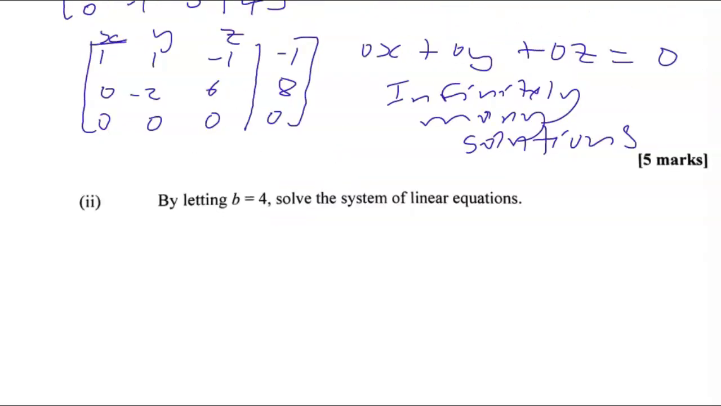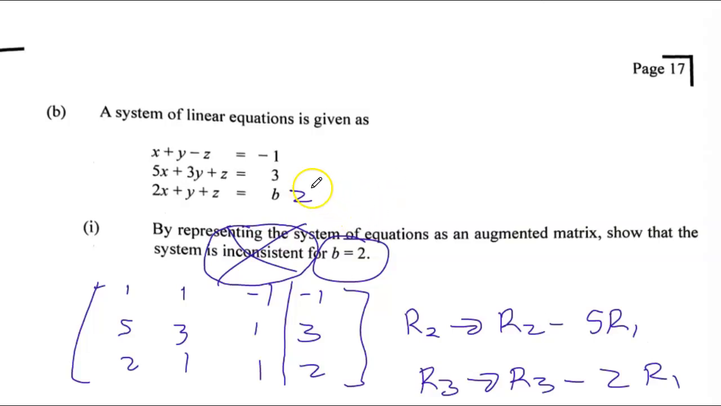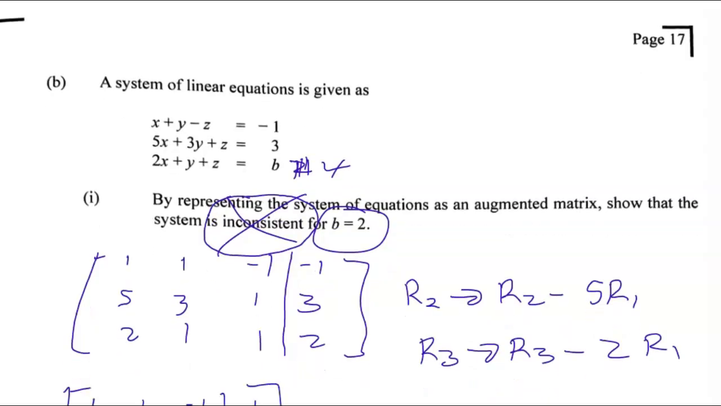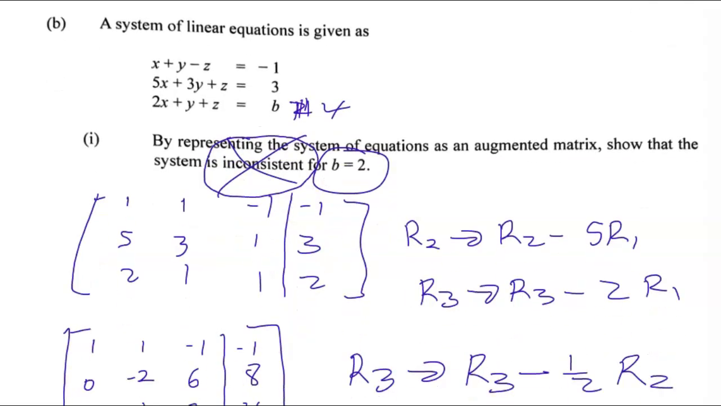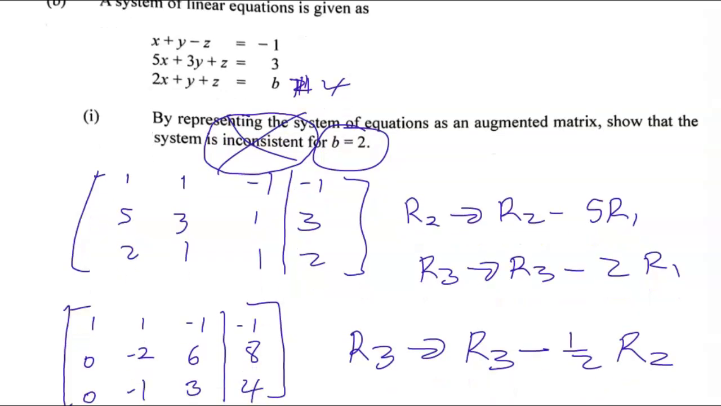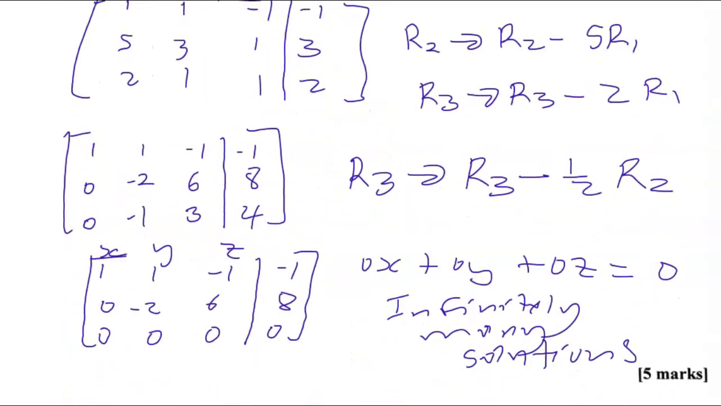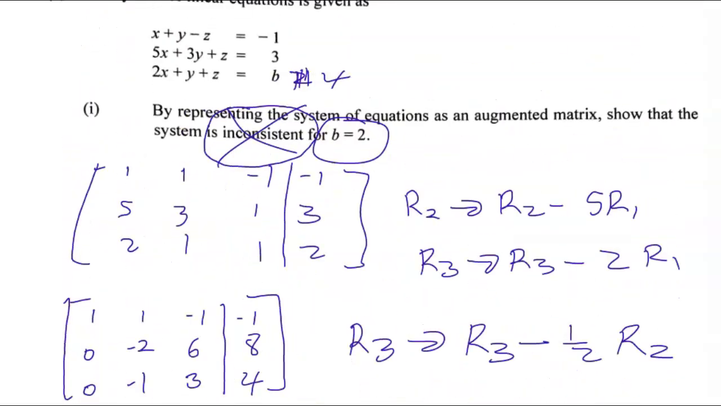So again, we're going to do the exact same thing we just did a while ago. This time now, we're going to replace the b with 4. Alright, so let's form our matrix again. Everything will be the same except we'll have a 4 instead of 2 for that bottom right value there. So let me just go again. So the matrix would be 1, 1,